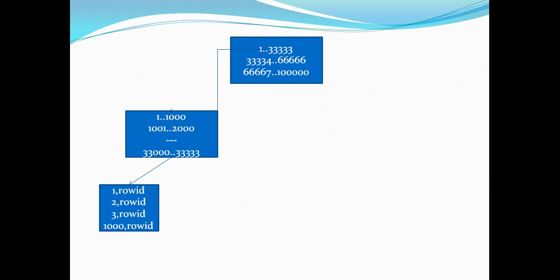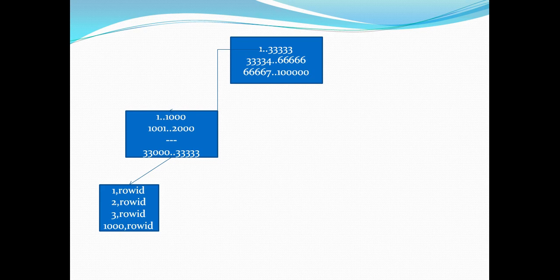So even though I have the exact row ID, I still have to do an operation which is called random IO, which is considered the slowest. So I had to traverse 4 blocks here. The first one is the root block, then the middle block, and then the leaf block. So these 3 blocks constitute the height of my tree.